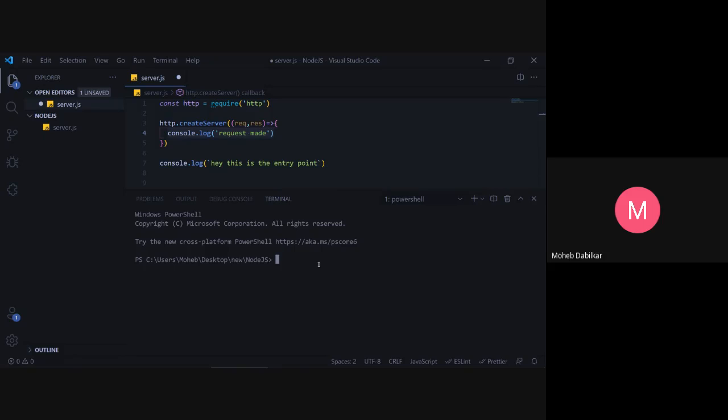Once you learn it, you can make your own custom setup. npx create-react-app comes with a lot of boilerplate code which you don't need actually.